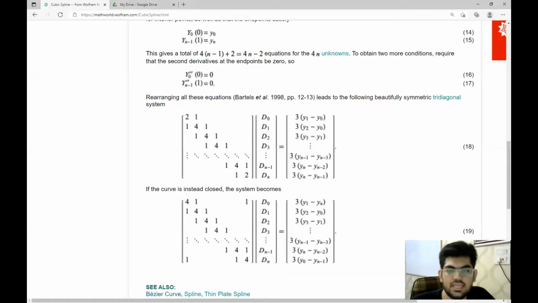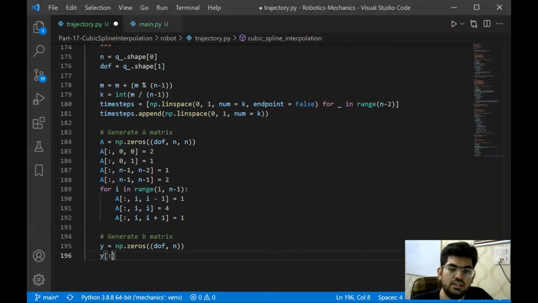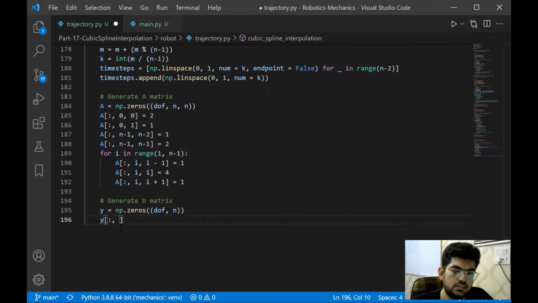Now the same structure follows over here. The first and the last element that we have are not following any conventional pattern that we can put in a loop, but all the other values are forming a kind of pattern which we'll discuss. So we're going to assign these first and last values first and then go on in a loop. So how do we do that? Y[:, 0] is going to equal 3 times